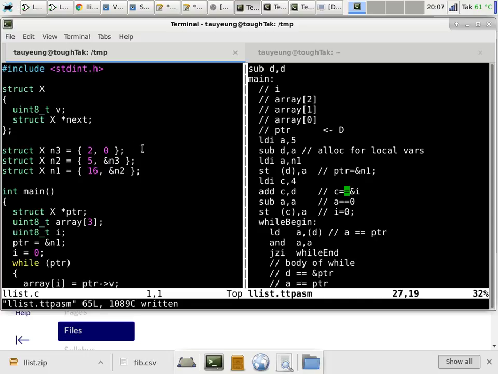Okay. Then we have a loop. The loop is checking whether PTR is 0 or not. As long as PTR is non-zero, we stay in the loop. As soon as PTR becomes 0, we get out of the loop. So how do we do that? Well,